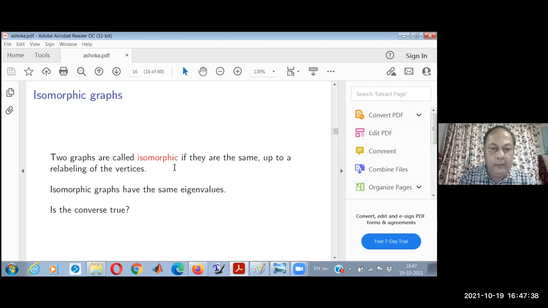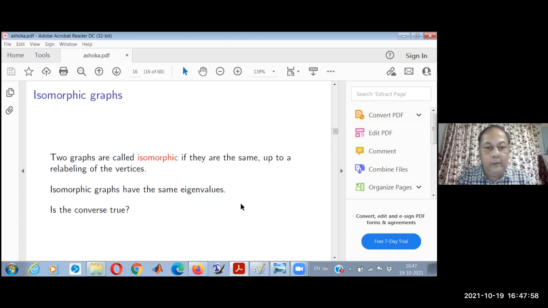It's considered an open problem to have a test for deciding whether 2 graphs are isomorphic, because the brute force method is useless. You will have to take the adjacency matrix and apply a row permutation and an identical column permutation and see whether you get the adjacency matrix of the other graph. And that's impossible for a large number of vertices, even a moderately large number of vertices.